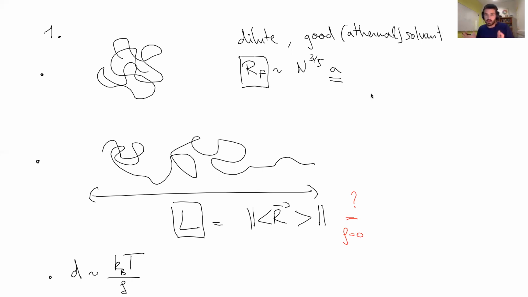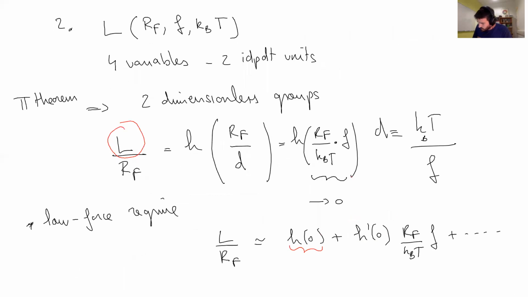So let me give the solution. As I guess you've all understood, if I don't pull on the force, there is a 0 average radius in terms of vector. So I can basically kill that term, and I'm left only with the first term. In terms of scaling, no matter this constant, it's typically R_F, F, k_BT. This is the linear response, and I will neglect the higher orders here. So I end up with the fact that L,